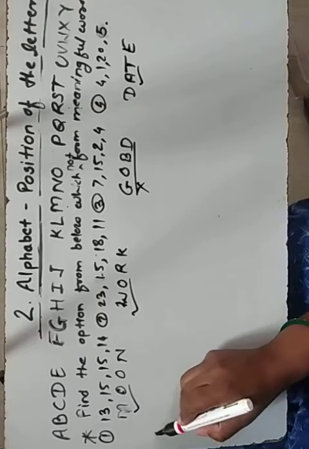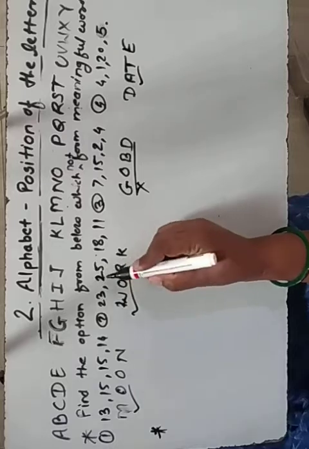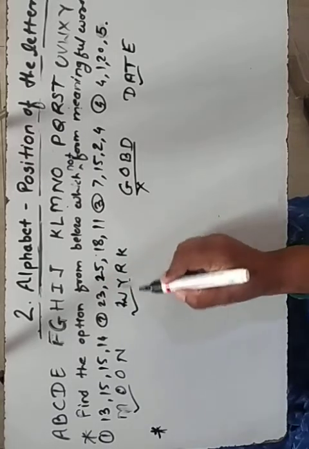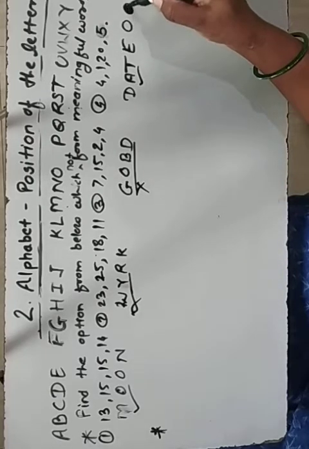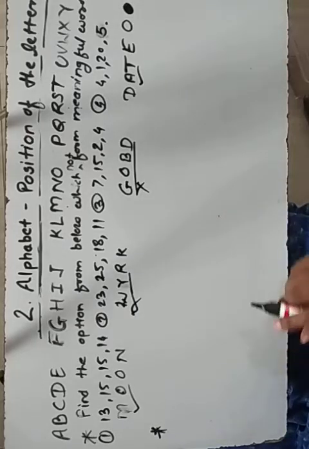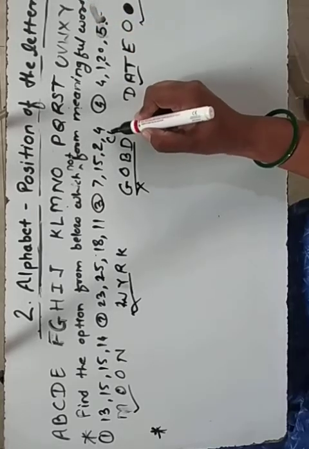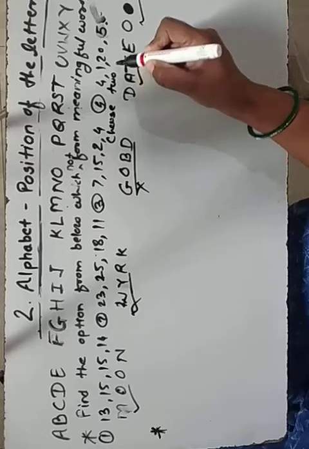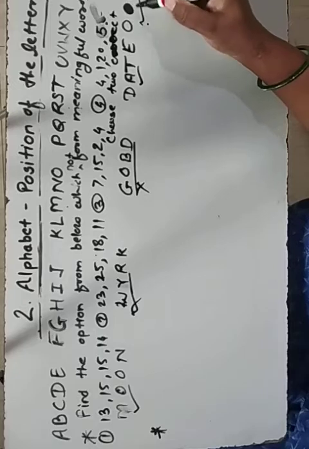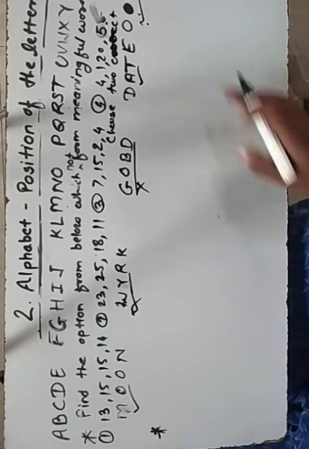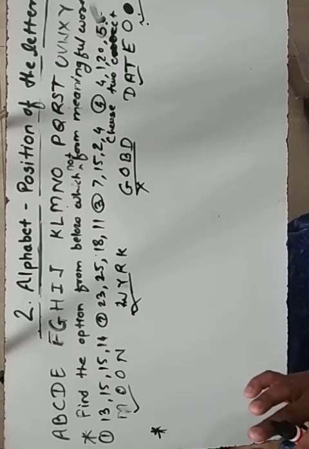So this type of question will come in the exam. Sometimes they will give you two wrong options. Suppose I write here 25. So 25 places give WYRK. This type of word is not there. So you have to circle the 2 options, then only it is correct. Here they are giving choose 2 correct options. So we have to be careful: if both are correct, then only you get the mark. If one is correct and one is wrong, you will not get the mark. So you have to solve these questions very carefully, especially you 8th standard students.